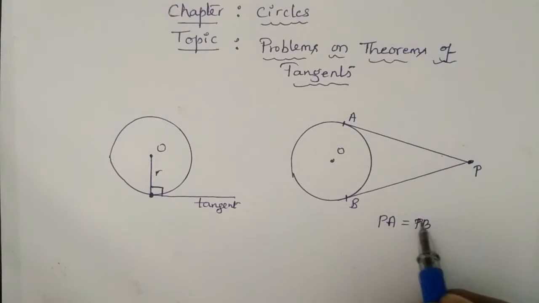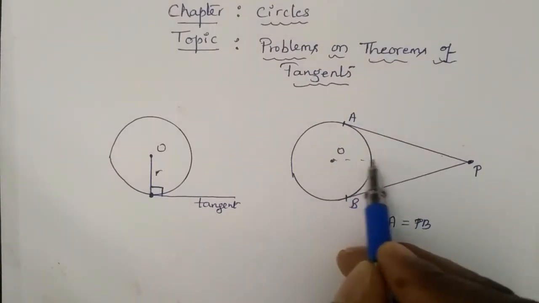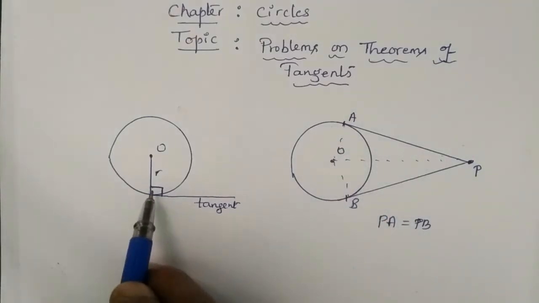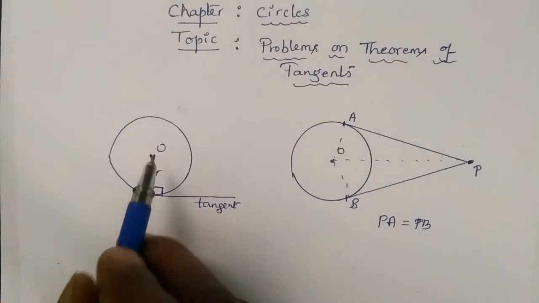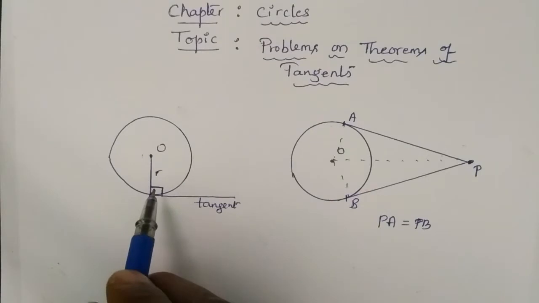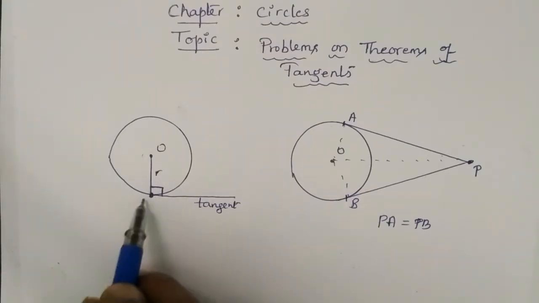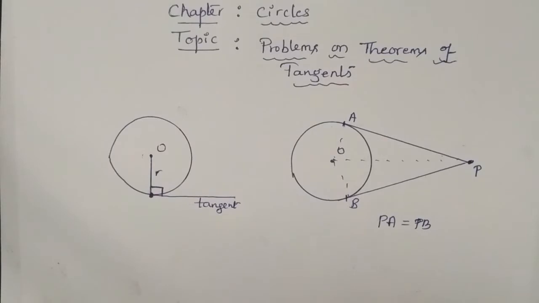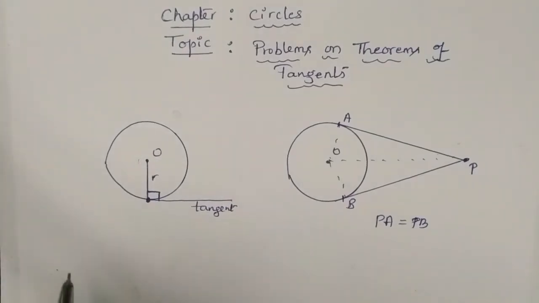This one we proved by the congruency of triangles method after forming two triangles. We also proved it by a simple concept: from any fixed point to a given line, the shortest distance is the perpendicular. The others are not shortest, as they are not perpendicular. So using these two theorems, let us do more problems in today's class. We go for an example.